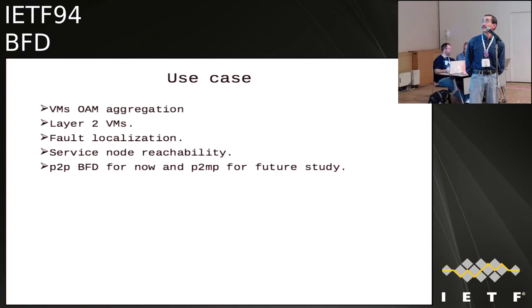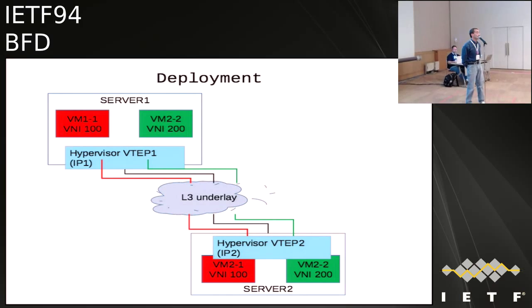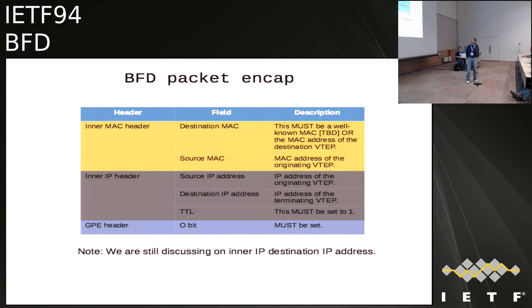So this is just the schematics of the deployment scenario when you have a layer 3 underlay and hypervisors, and their BFD session is between the hypervisors. Next. And as in VXLAN, you have an inner MAC header and inner IP header. So the outer IP header will be terminated, will be decapsulated at the VTEP. And